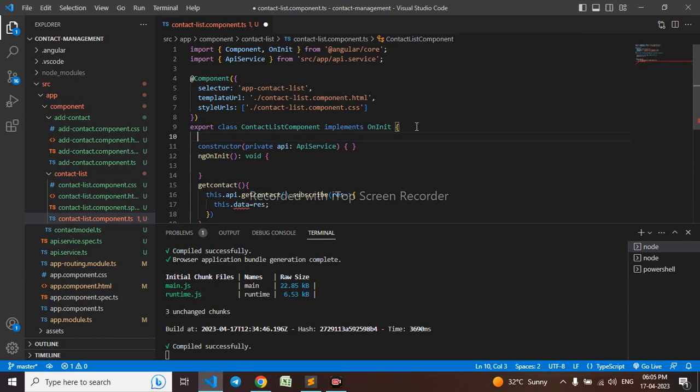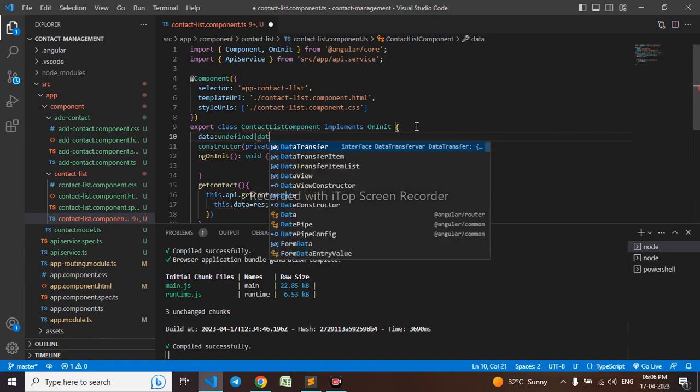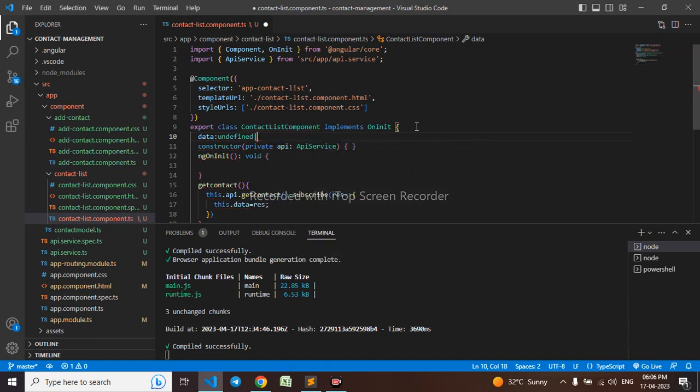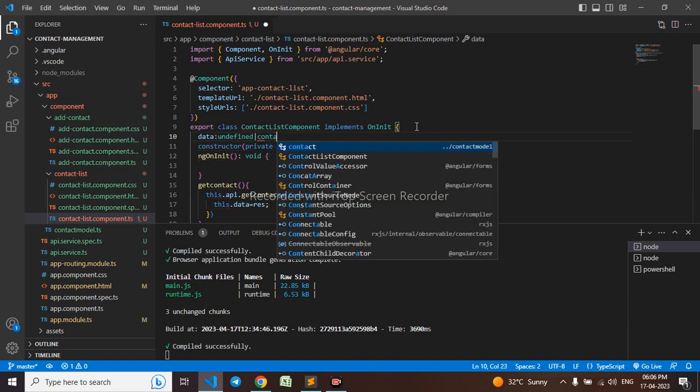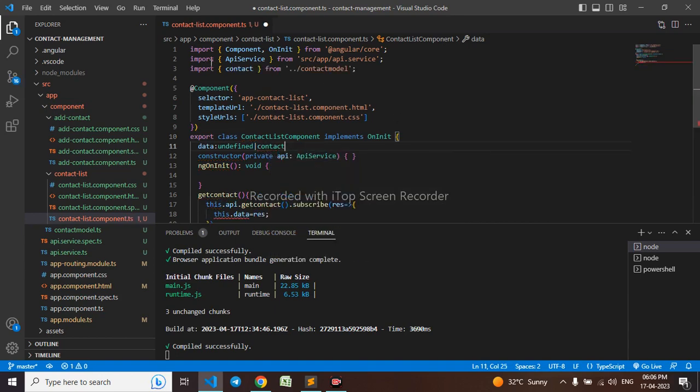So data I have to define, data that will be like undefined. It will be the contact, and contact will be getting imported from here. Let it be contact array. Let me save,